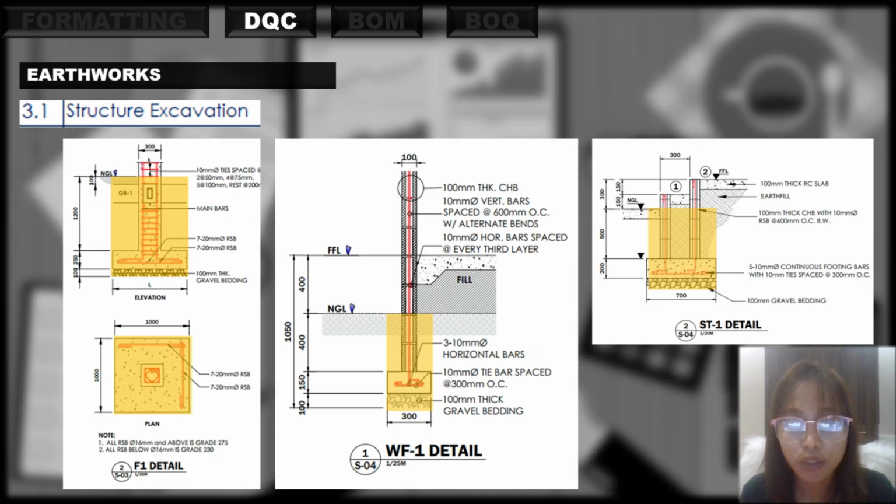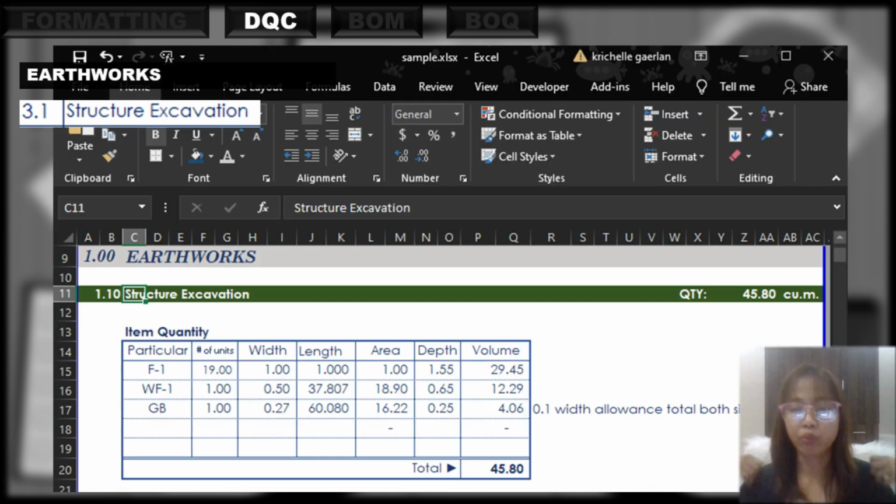For the structure excavation, the yellow shaded part is what we will compute and use as an input. We remove or dig the material for the placement of foundation and substructures like wall footings and grade beam. In MS Excel, we organize our input data as shown. For example, for the column footings, we